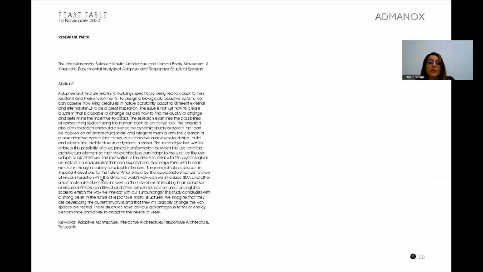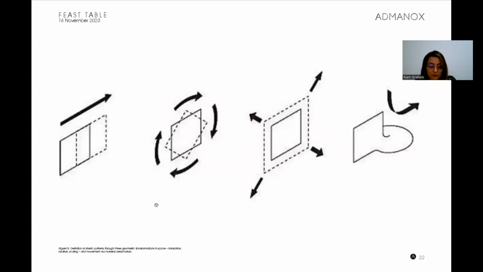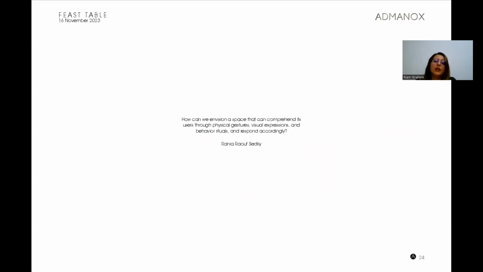This is a research paper that talks about the interrelationship between kinetic architecture and human bodily movement. And this is what I want to involve into the design of the table. So this is again a panel, and these are the 4 kinetic patterns found throughout architecture. So how can we envision a space that can comprehend its users through physical gestures, visual expressions, and behavior rituals,